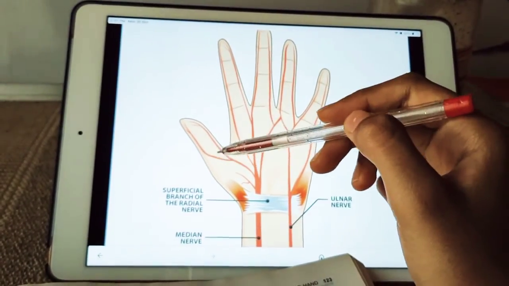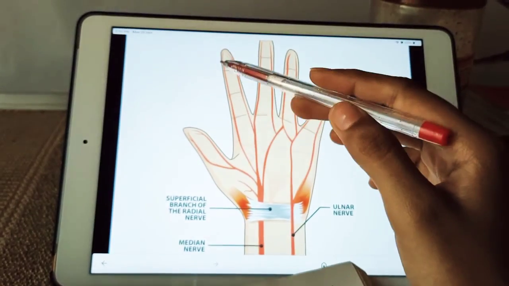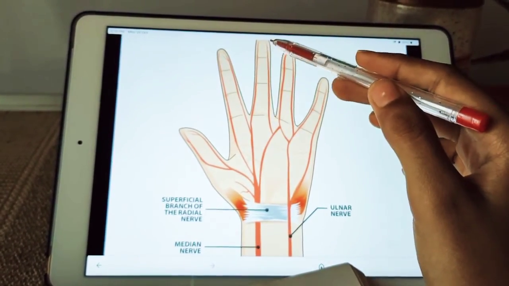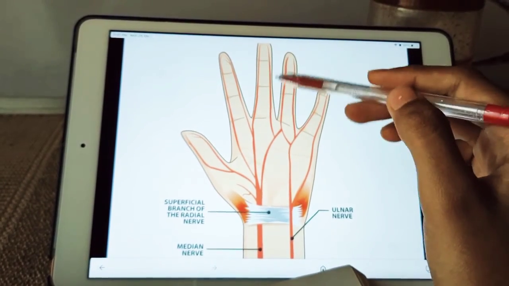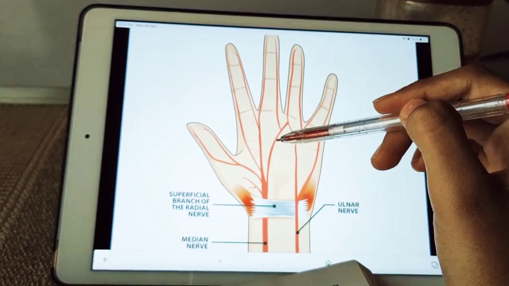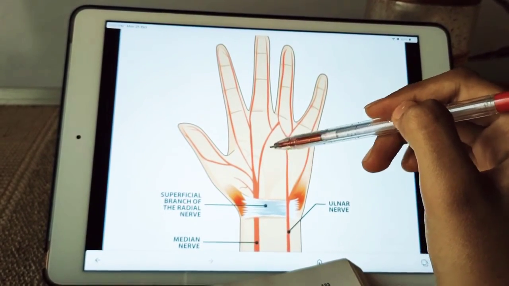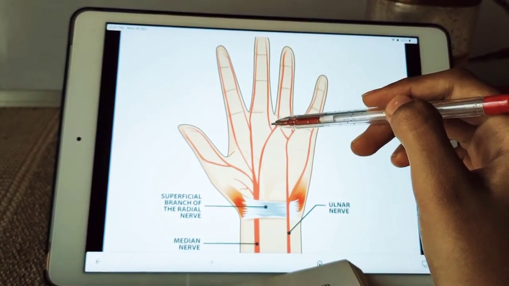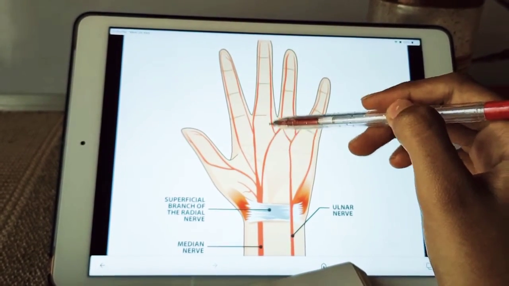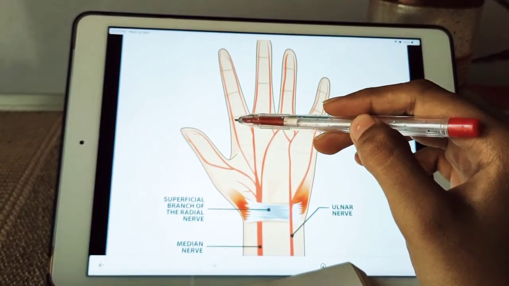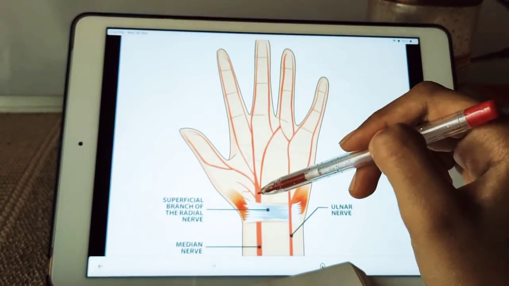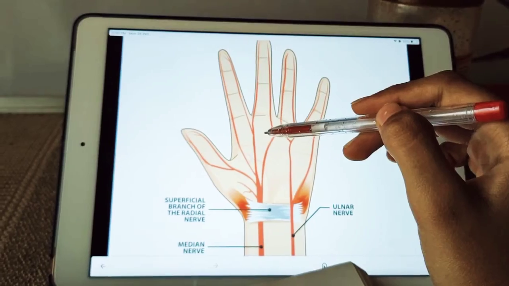So the lateral branch only supplies the full part of the thumb and half part of the index finger. The medial half of the index finger, the middle finger and the ring finger are mainly supplied by the medial branch of the median nerve. Okay. So the lateral common digital branch also supplies the second lumbrical. So the first lumbrical is supplied by the lateral branch, and the second lumbrical is supplied by the medial branch of the median nerve.